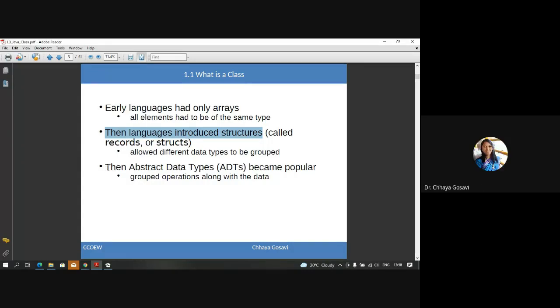And now object-oriented languages support abstract data types, meaning heterogeneous data types along with functions. So we have variables of various types, like I can create a class student with integer roll number, string name, float or double percentage, and also functions which are used for those particular variables. So calculate percentage or display grade, like this. So it has data as well as functions together. So it's an abstract data type.